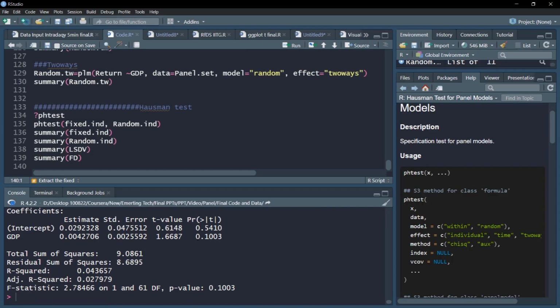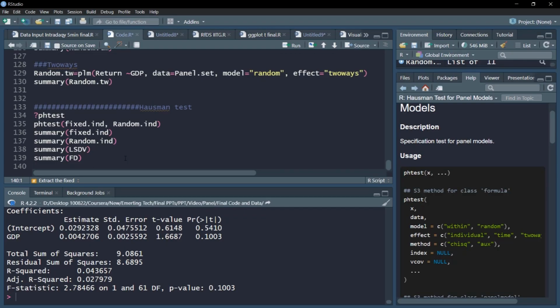We can say that it is almost identical for all the models, around 0.004 or 0.4% coefficient. So it's very sound, and we should be happy that we are getting a very consistent sort of result across different models. So to conclude, while the overall Hausman test suggests that the random model is more accurate, looking at the output we find that all the results are consistent, pointing to a GDP coefficient of about 0.004 and a significance level of 10%. That means a confidence level of 90%.